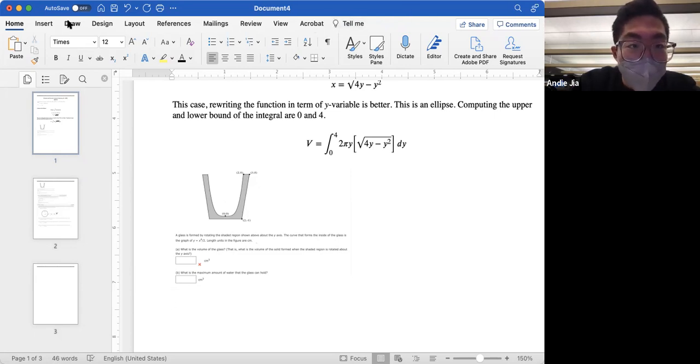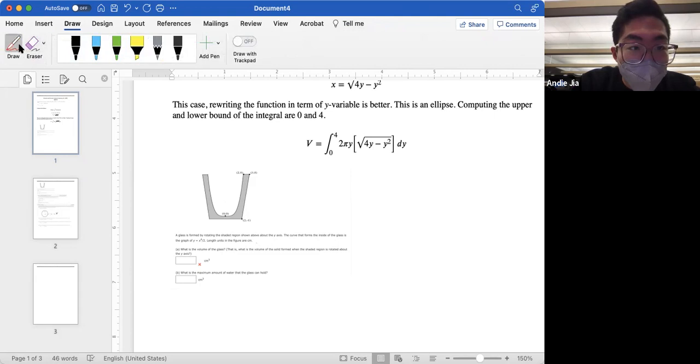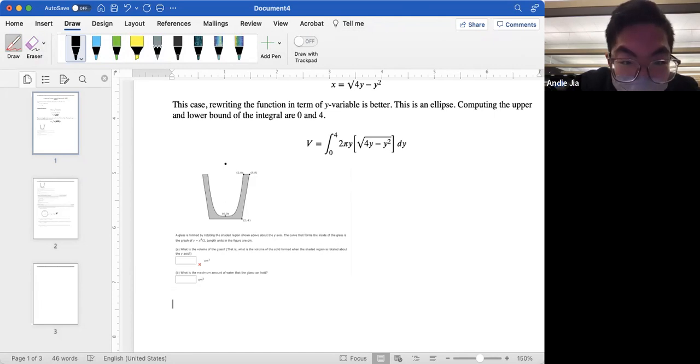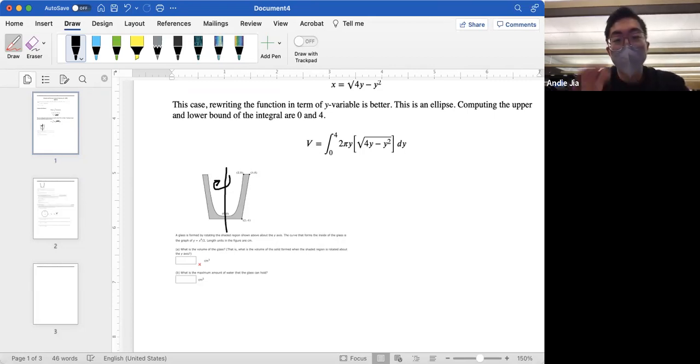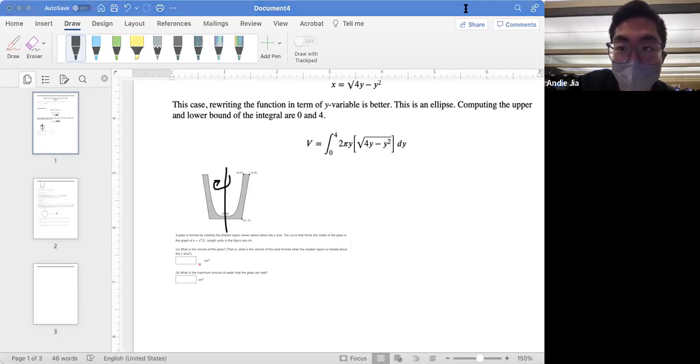So if we draw this line and just rotate the region bounded by the y-axis,